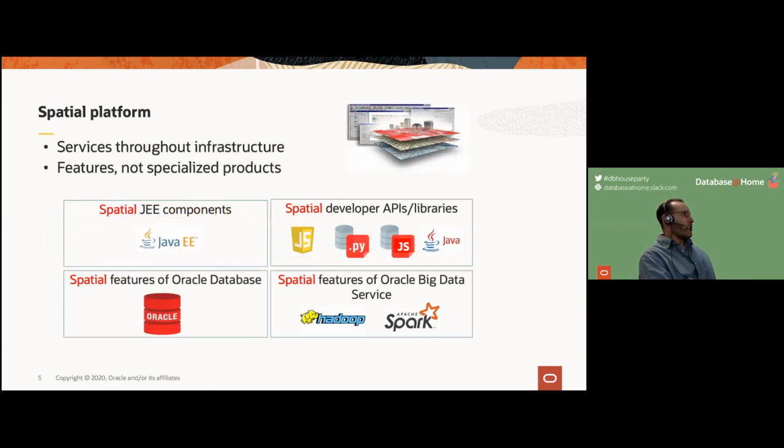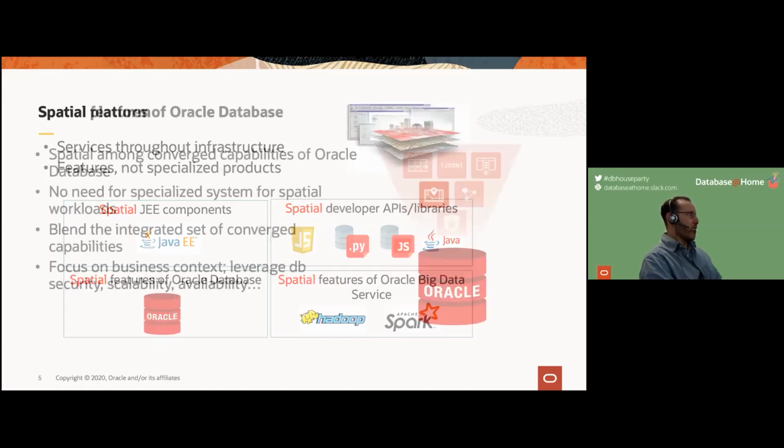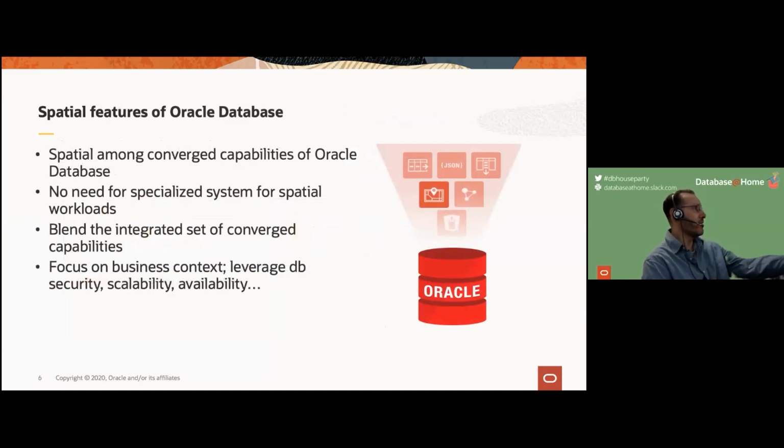So the footprint of Spatial, before we jump right into the database, just in the broad view, spans really the whole IT infrastructure, the whole Oracle stack. We're going to be focusing on spatial features of the database, but we do also have spatial features in the big data platform. We have mid-tier components and a set of APIs, modules, and libraries that allow for all kinds of programmatic access. So Spatial really is pervasive across the IT infrastructure, but we're going to focus here on the